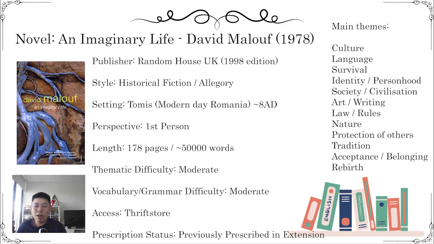So the premise of this story is that Ovid, who was a poet in ancient Rome, was banished because of his writings that promoted hedonism and atheism and individuality and distance from the state. And so he became a pariah in the Roman Empire and was exiled from the city.